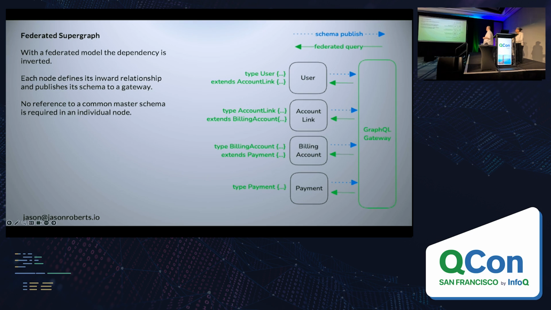So the maximum that it's ever going to know is one more node. There's no shared schema. But the trade-off there is that there are some query situations where it becomes more expensive and there's more infrastructure to host because the gateway needs to have a form of persistence to persist that schema at runtime. So it's maintainability for performance and convenience.